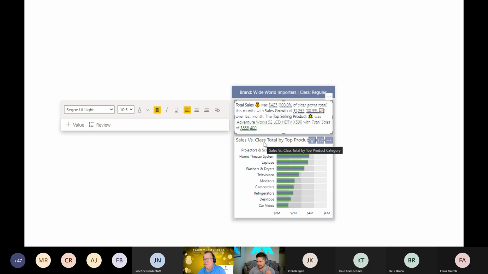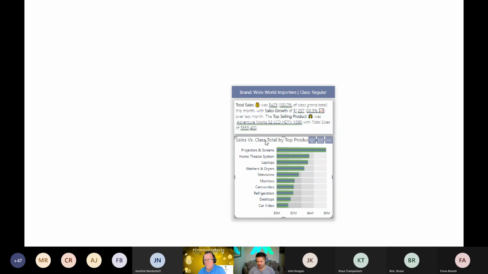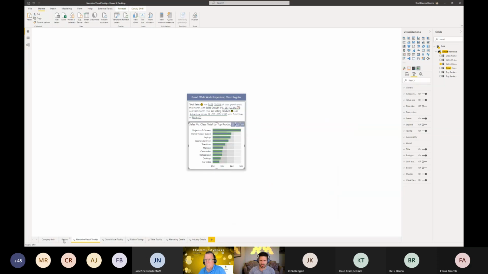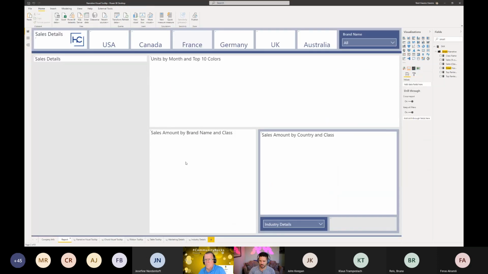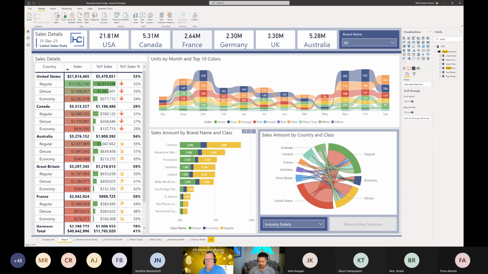I'll do one more discussion just on a visual that's in here, and then I'll open it up for questions. So I'll start the conversation on the fact that this is a custom visual. I won't dive into the measures too much, but essentially what I have is two bars in here. One that is basically ignoring filters, and it allows a comparison of grand total to subtotal. So I'll show you what I mean when I hover over this.